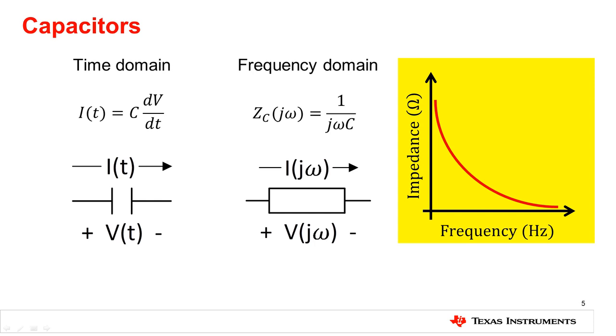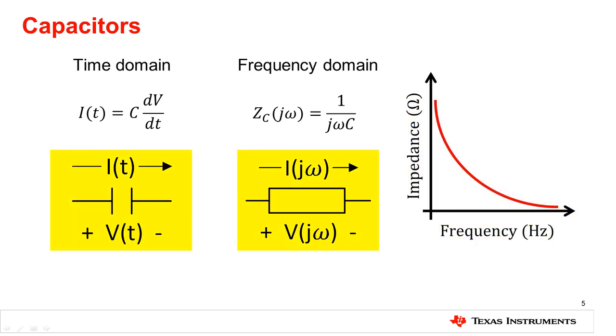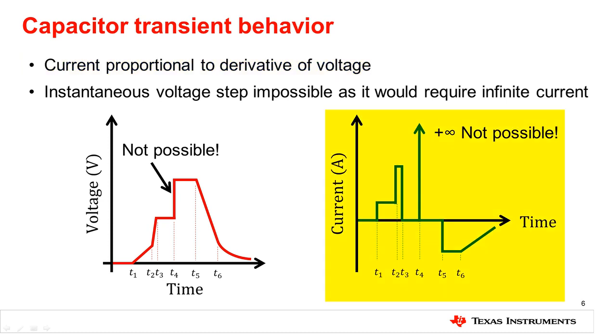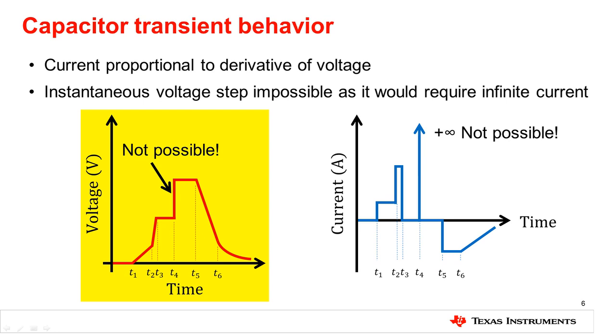For example, at DC or low frequencies, the impedance of the capacitor grows, such that it can be treated as an open circuit. For very high frequencies, the impedance of the capacitor drops, such that it can be treated as a short circuit. As with resistors, the voltage drop across a capacitor corresponds to the direction of the current flow through the capacitor. As mentioned in the previous slide, the current through a capacitor is proportional to the change in voltage across the capacitor. Consequently, the plot of current versus time can be ascertained from the plot of voltage versus time.